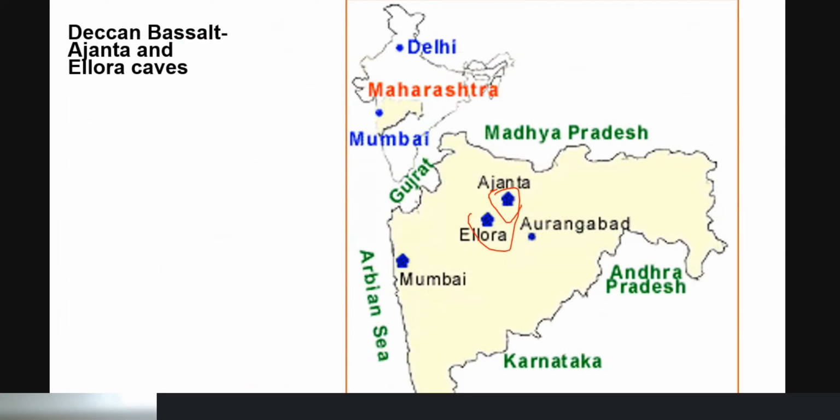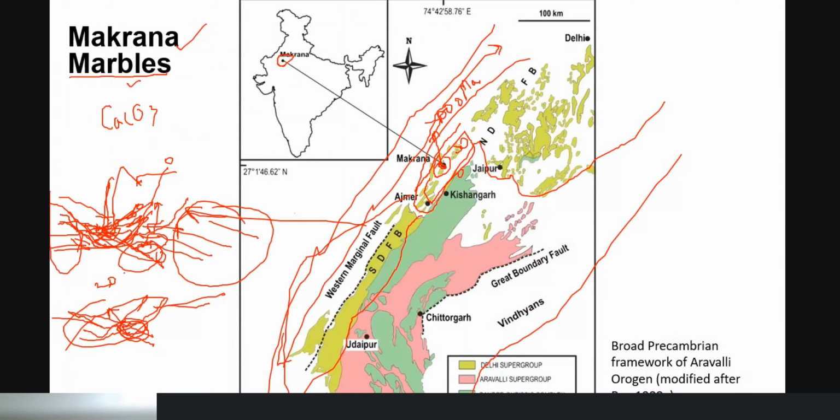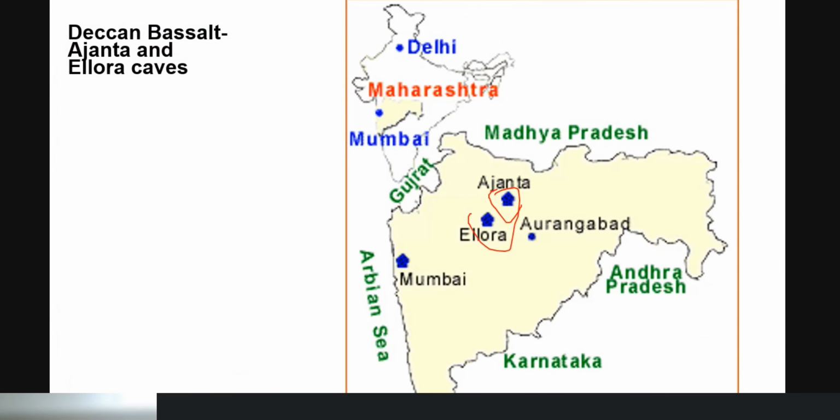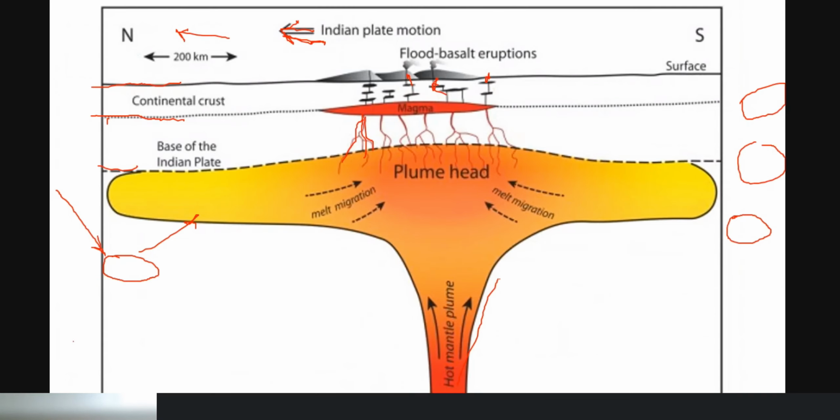So first one, you have the Makrana marbles, which have been formed through metamorphism due to the movement of Bundelkhand Craton and Arabian Nubian Shield, and its age is greater than 1000 million years. Second one is Deccan basalt, which is around 65 million years. This is the mechanism, through a hot mantle plume,